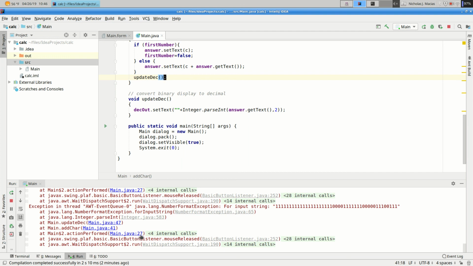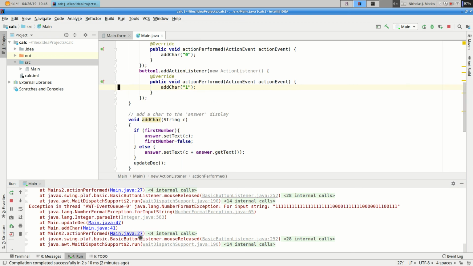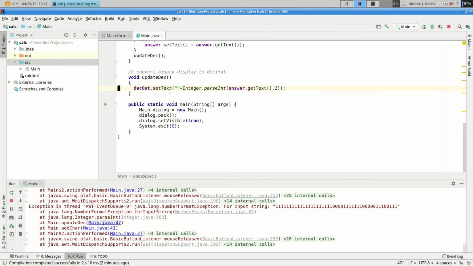So now we're inside our code, right? So that's this line right here, which said add character 1, which called line 41, which said update decimal, and inside update decimal we said set text, and it was when we were trying to do the parseInt, so line 583 of the Integer class, and at that point we got this number format exception. And then the exception handler printed out the details of the error.